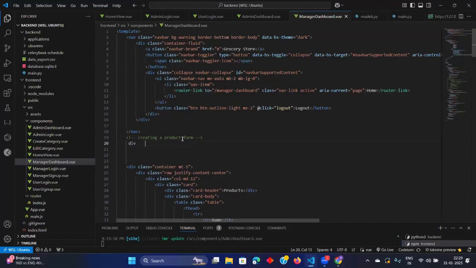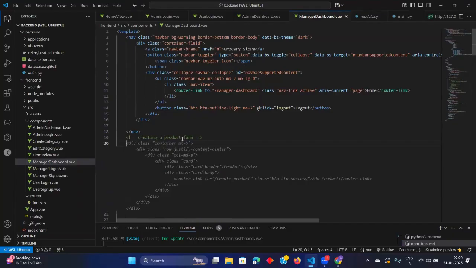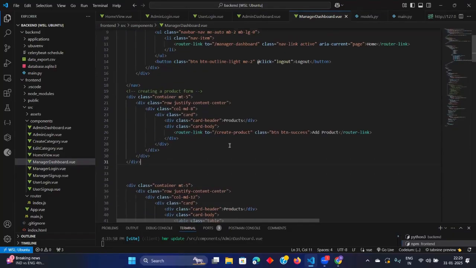Let us have div. Okay, so this create product we don't want. Card, it is showing card thing. Okay, let us use card. Okay, card data products, not routing link to this. Now let us have form.